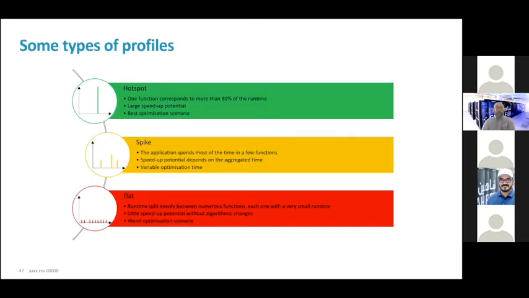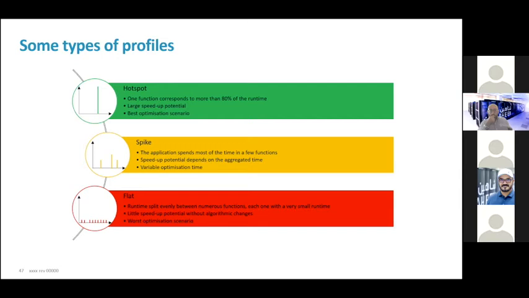You can see different kinds of output. So if there's a hotspot, that's good. The graphs are basically representing the execution time. Then this is the best case scenario. In green, the spike is what I'll say is more realistic to our code, where we may need to work on the algorithm to make the path of code more friendly. So depending on the number of spikes, the optimization time is variable,